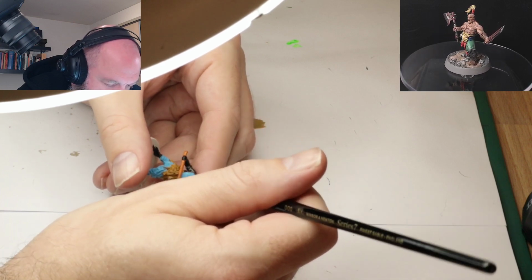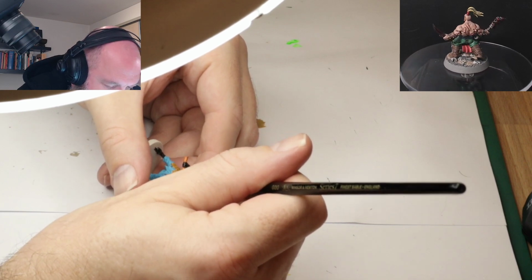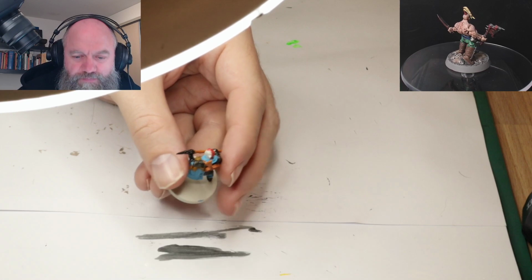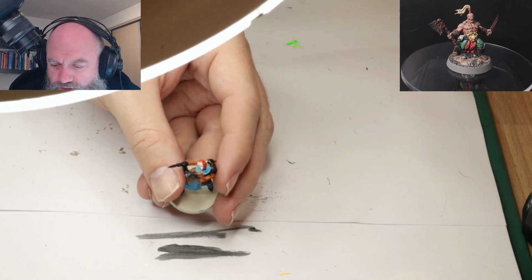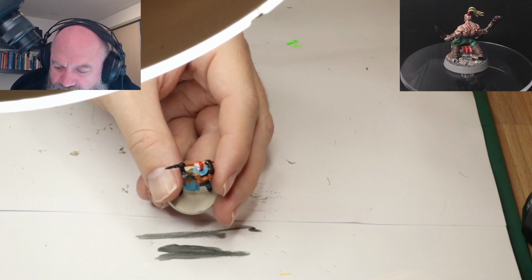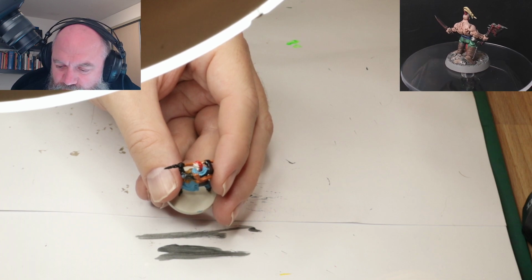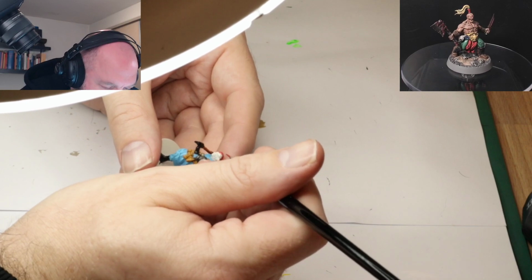There's definitely some surface tension issues here. Just try thinning down the red. Sort of the consistency that cleverer people than I say you should use, the consistency of milk, but whenever I try that, it never works. So